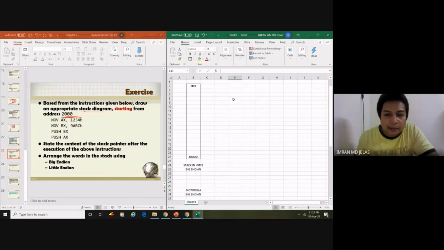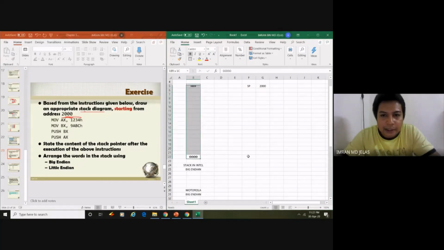Let's say the stack pointer is showing the address of 2000. The question says arrange the words in the stack using big endian. So that means our stack, big endian, goes from the smaller address to the bigger address. So 2000 is somewhere around here, and the next addresses will be 2001, 2002,